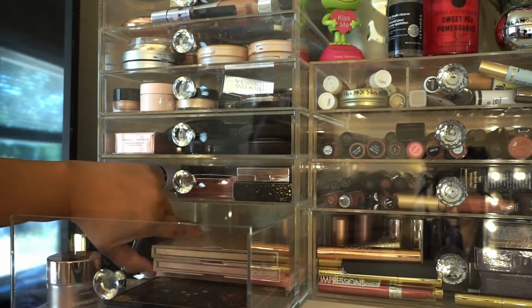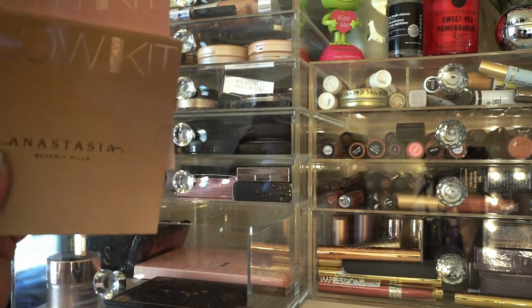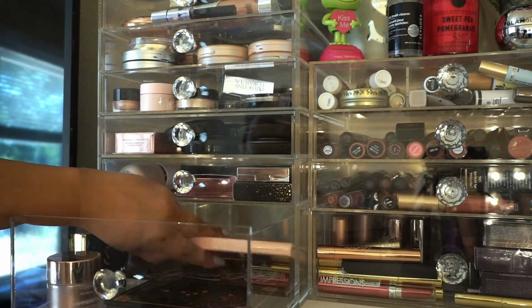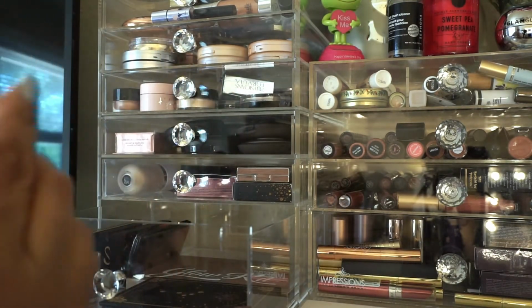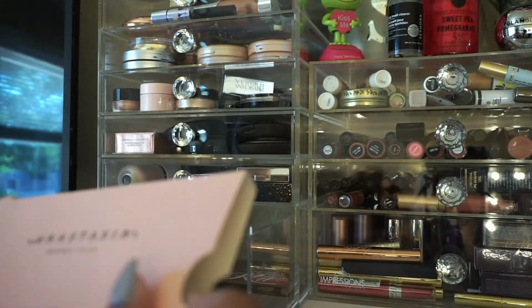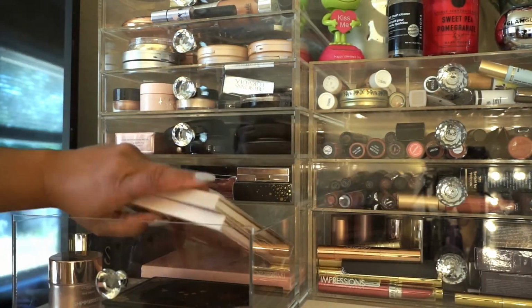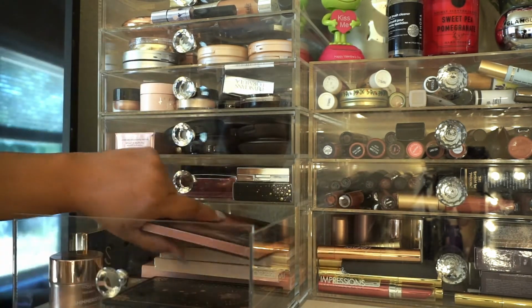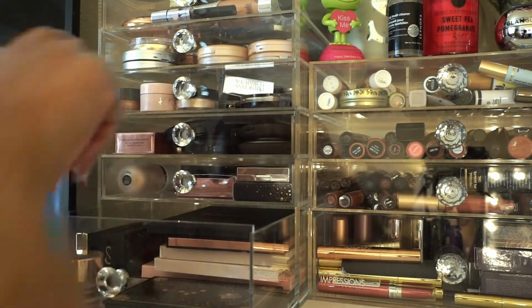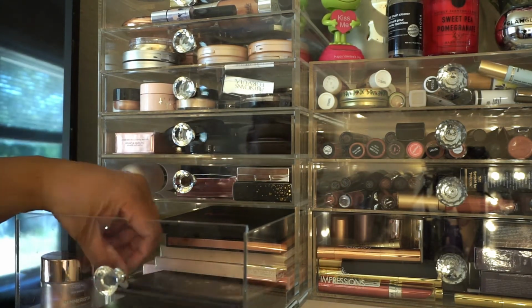And I have a couple Anastasia, the Sun Dipped and Matte Glow. I also have Nicole Guerrero's, which I love her. Love, love, love. And then I have, let's see, what else do I have in here? These are all like my palettes pretty much. I also have down here, I have the Lorac